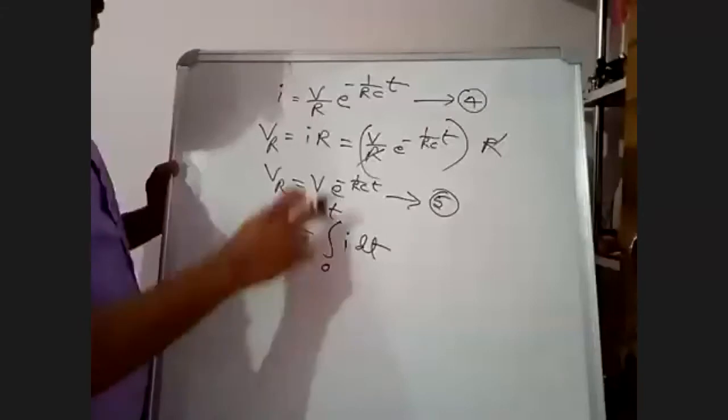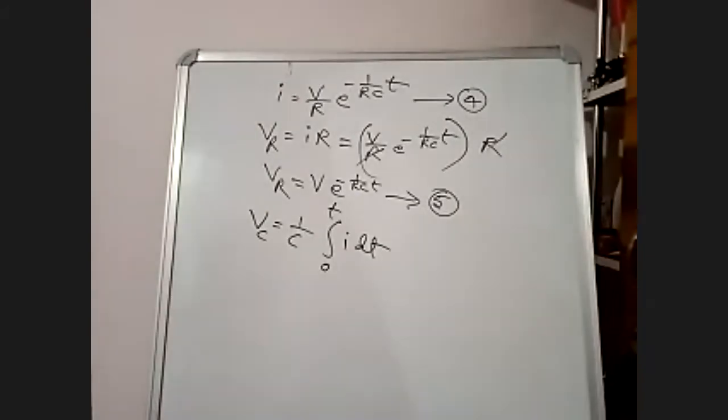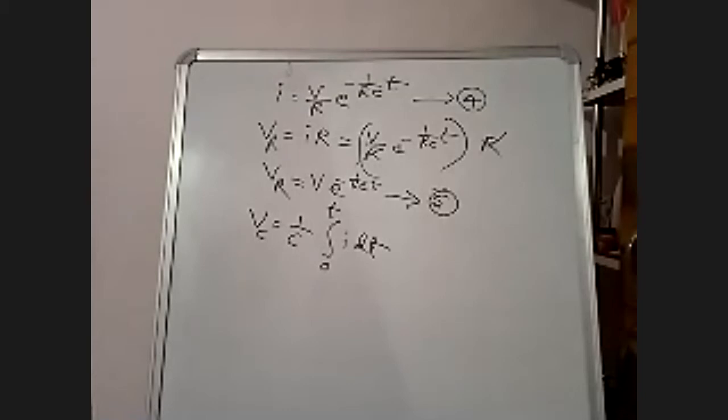Limits are taken from 0 to T. Because your capacitance will take certain time to charge to, suppose the input is 10 volts. Capacitor will take some 10 seconds for charging the voltage to 10 volts. Voltage across the capacitor VC to 10 volts. Therefore, I am taking the limits 0 to T. It is not from 0 to infinity. Why it is not 0 to infinity means capacitor won't wait up to infinity.